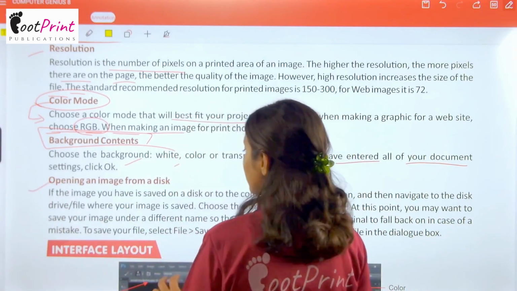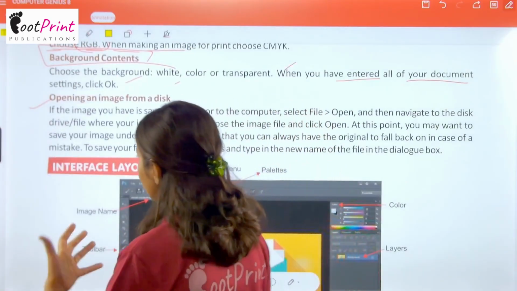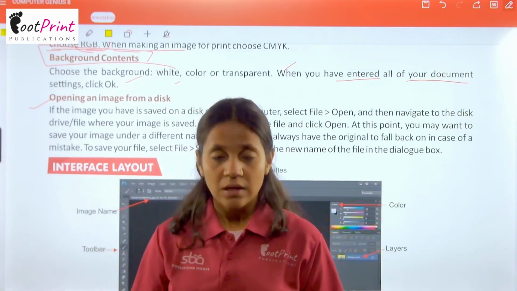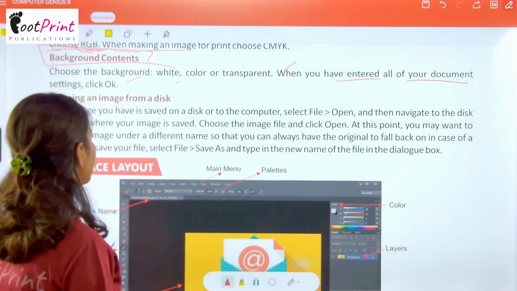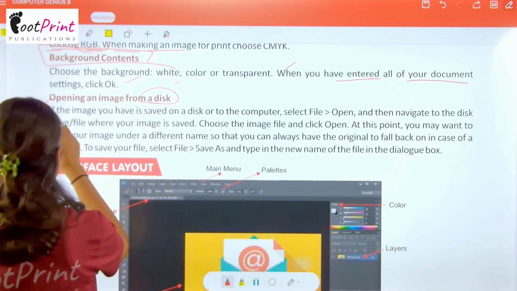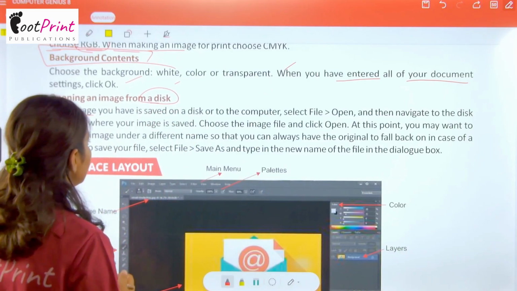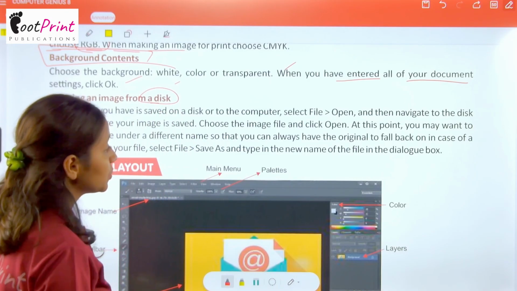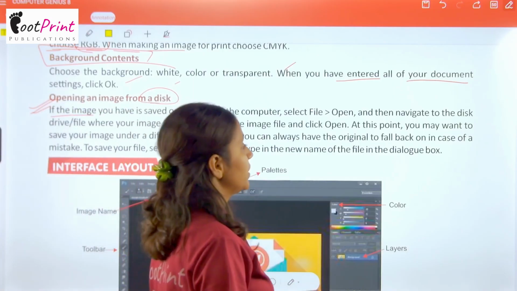Now opening an image from a disk. If we have any already existing file, any already existing image, we can open that from a disk into our project. So if the image you have is saved on a disk or on a computer, select File, then go to Open and then